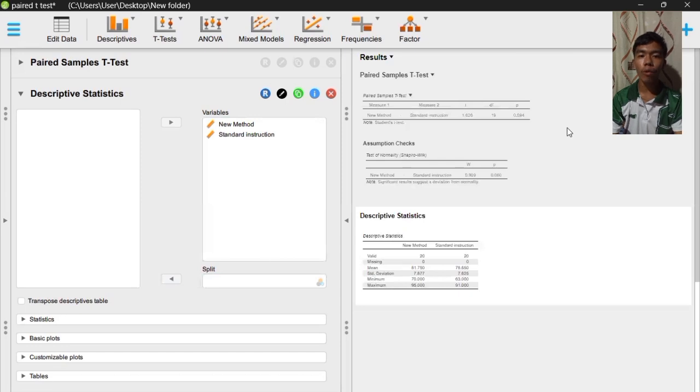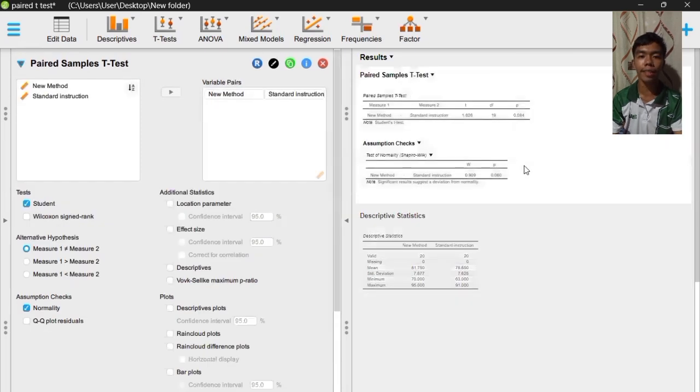Therefore, again, we fail to reject the null hypothesis as we have our t-value of 1.826 with a degree of freedom of 19 and a p-value of 0.084, greater than the alpha value of 0.05.